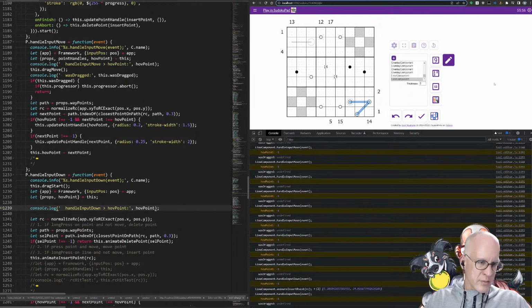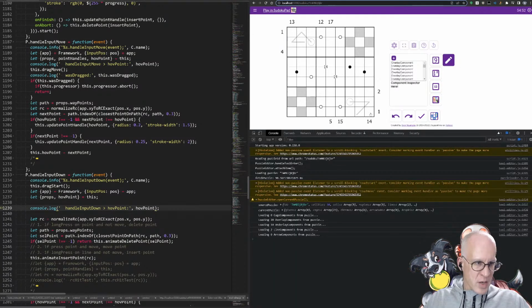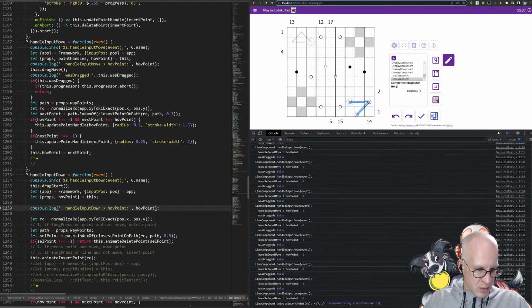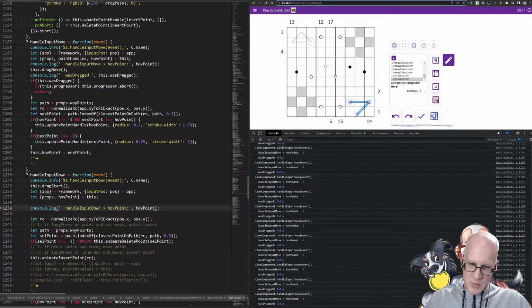We have to be a bit careful because it easily gets so spammy that it's hard to see. So let's see what happened. Handle input down, hover point 1. Handle input down, hover point -1. So we're actually going to use the hover point here to decide